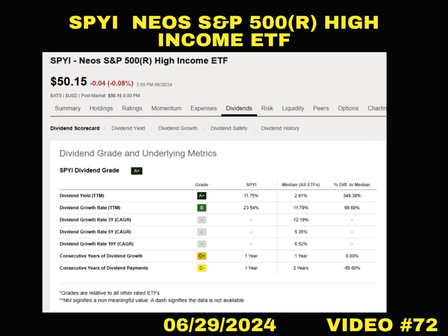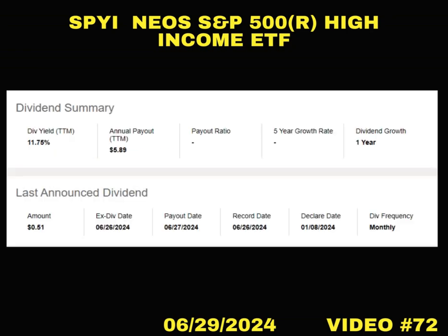The median dividend yield is about 2.61%. The median dividend growth rate is about 11%. 11% is pretty good. 23% is amazing. And if you look at the scorecard, I already mentioned it's about $5.88-89 dollarized rate of the dividend or the distribution yield. The percentage is